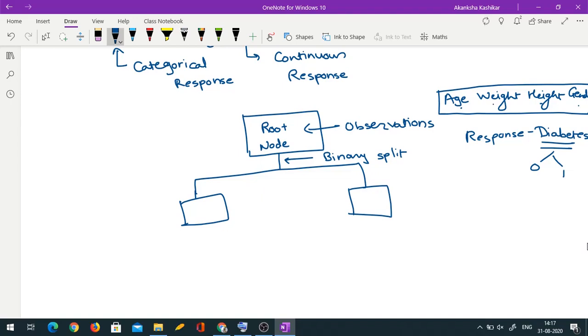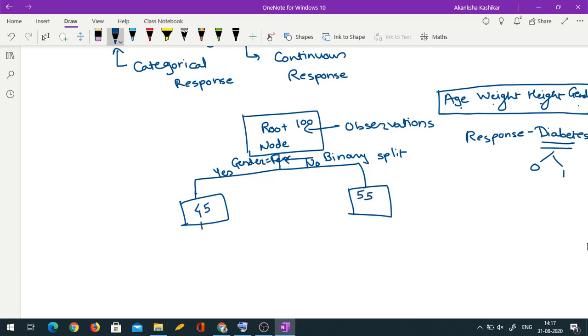Okay, so initially I would put all the people in this class. Then there is a binary split, so perhaps maybe say split on the basis of gender. So gender equal to, let us say, female. So I would have yes on left branch and no on right branch. It means that if my initial set consists of 100 observations, all the females would go to this node. So suppose there are 45 females and 55 males.